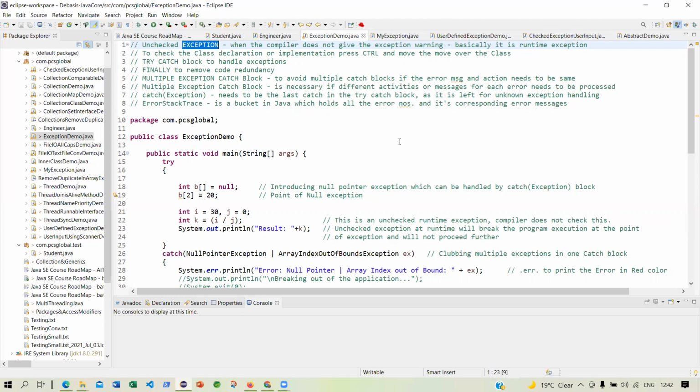What is an unchecked exception? When the compiler does not give you the exception warning, then that error will come out in the runtime. So that error is called the runtime exception.